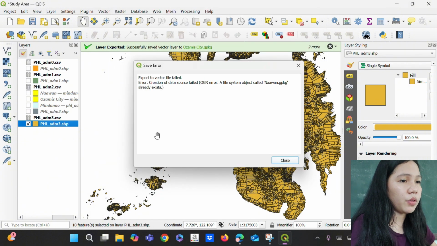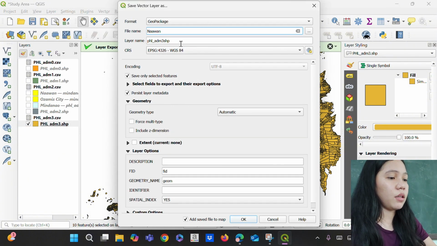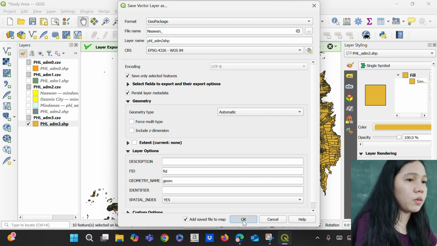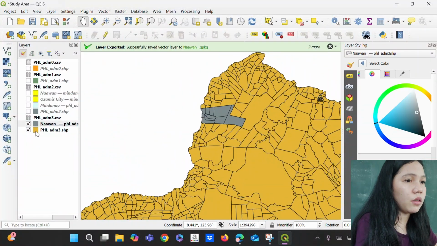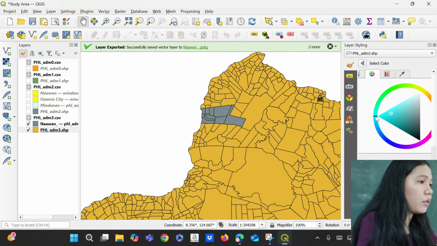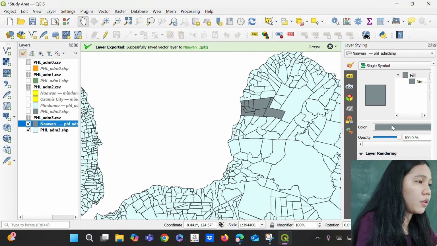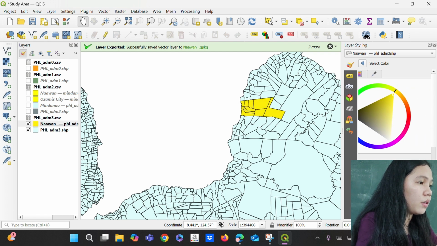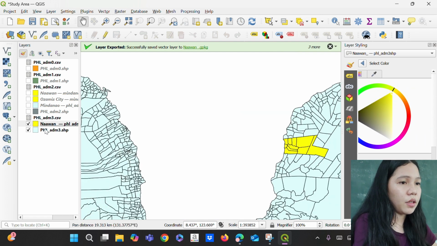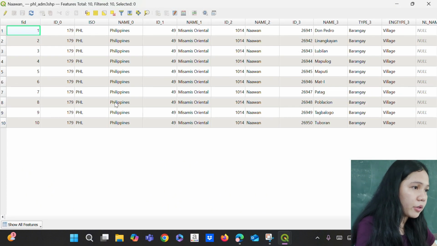Okay. You cannot name it Naawan since you already have a layer named Naawan, so you have to put an underscore. Then you have to change its color. I'm going to change the color of Naawan to yellow. Then I'm going to click the Naawan layer so that I can extract the barangay where we're going to conduct our study.